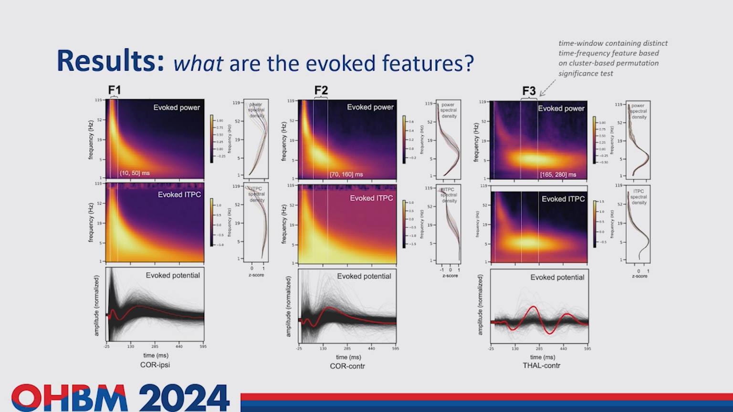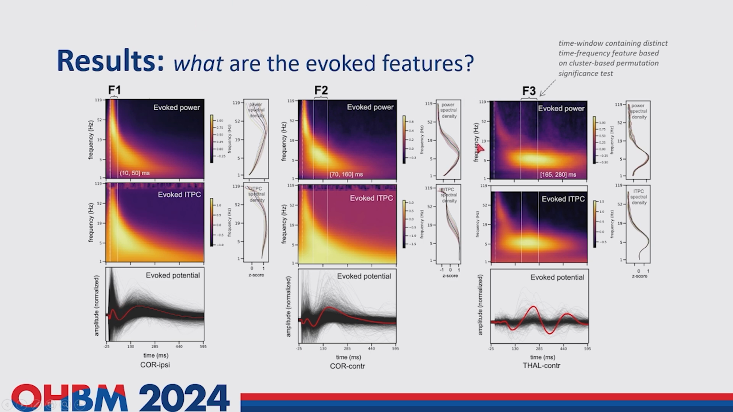The F1 feature is characterized by a peak power at the gamma band, high frequency band, at a very early onset time. So upon stimulation, within 60 milliseconds, there is a high peak. In the time domain, it corresponds to the first high peak, one component in